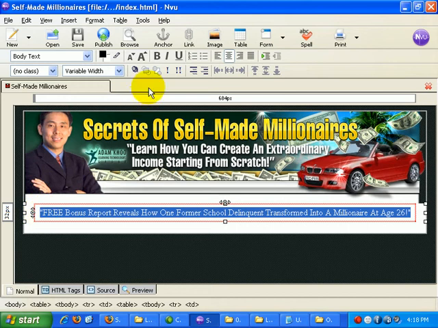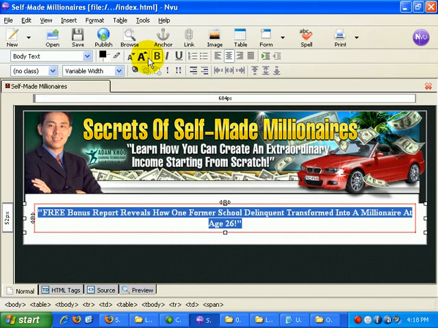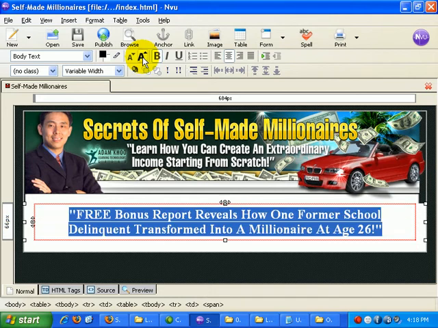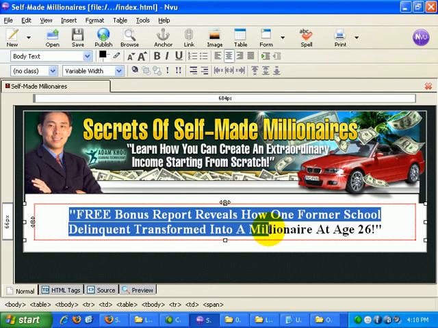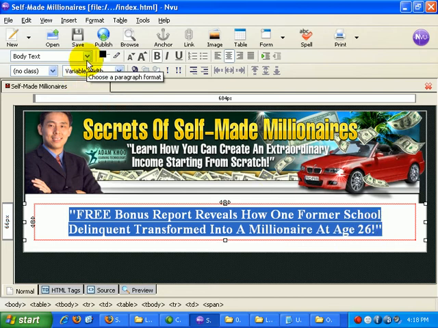Let's click on this bold B icon here to bold it. Then you can increase the font size. Click once, click again, and there you go. It's around something like this. Okay, let's change the font. Select again. Let's change the font to